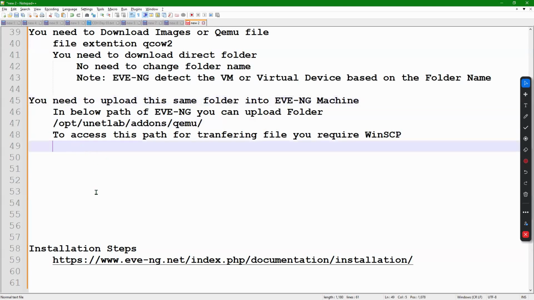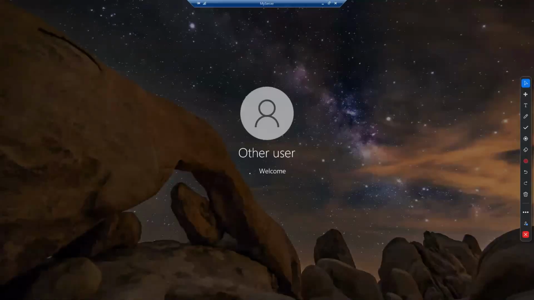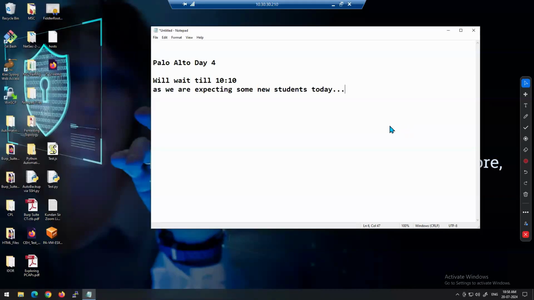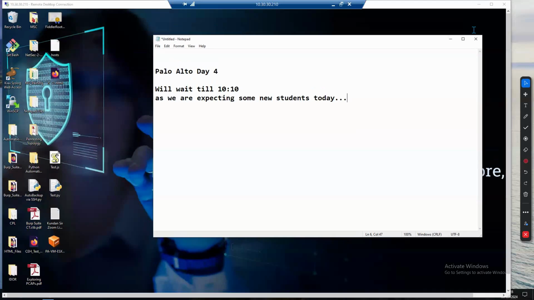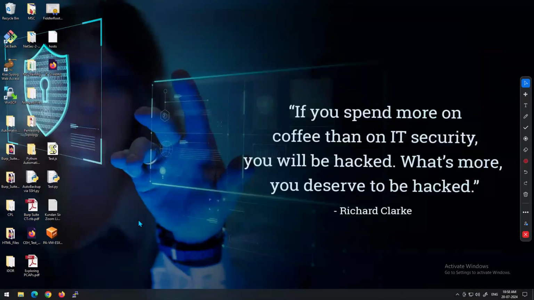In that also, if anyone has confusion, I can show you from another computer that I am handling for the physical server. Here you can see WinSCP is already installed.